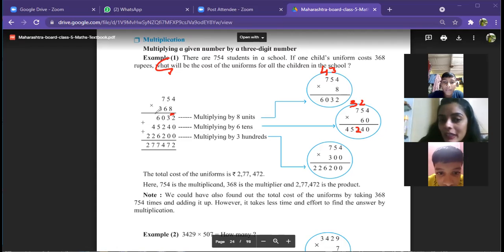When we are doing multiplication, first you did 8 multiply to above number. So that we have written and we got the answer 6032, right? Then when we are multiplying 6 to above number, so what we have to do? We have to either put 0 and you can put the cross there, or afterwards you have to start multiplying. So next number what we got? 2, 5, 2, 4. So what the above one to below that we have to put a cross and then we have to 6 4s are 24, like that the another number we have to write. Clear?